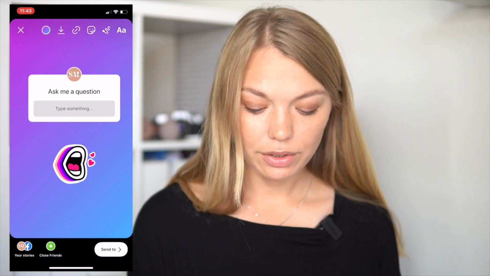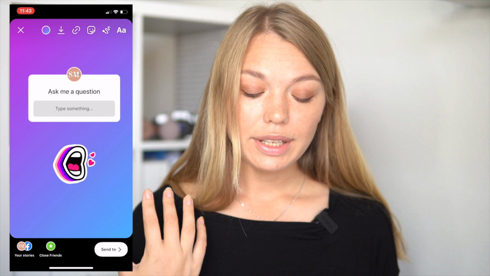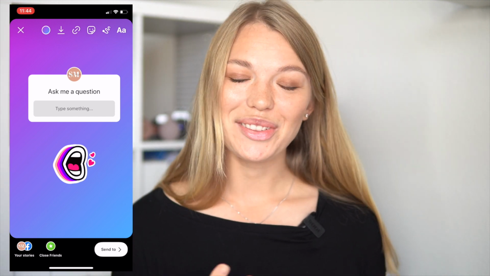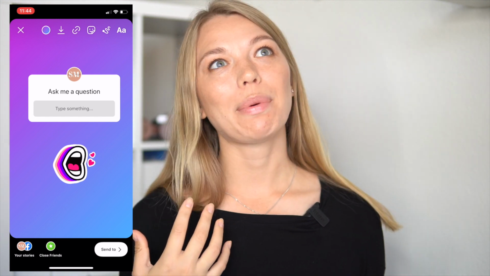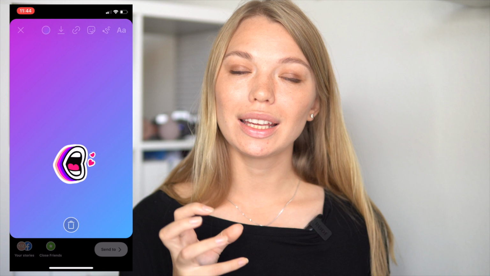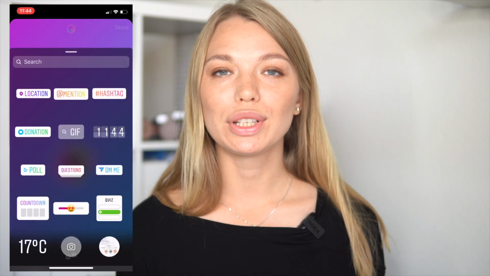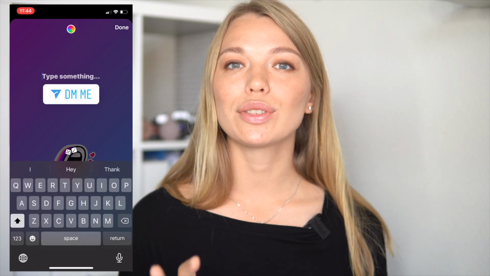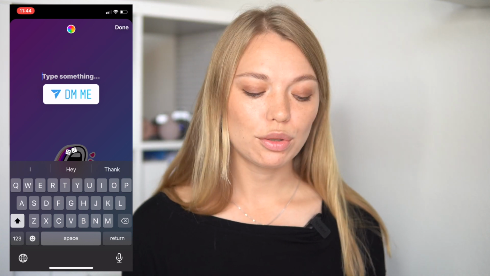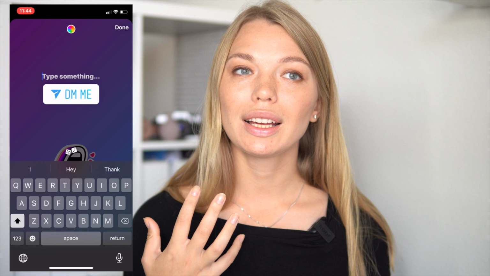Quite self-explanatory. The DM button is also super cool. It's a clear call to action button. So whenever I publish something interesting and I don't have this feature to attach the link, I ask people if they want to read more, if they want to have a link to the source, they can DM me, and then I will send them the link,